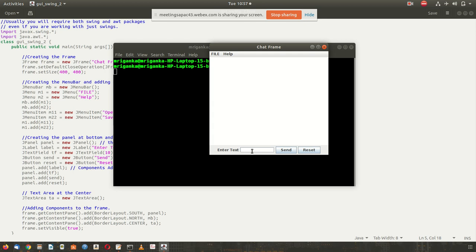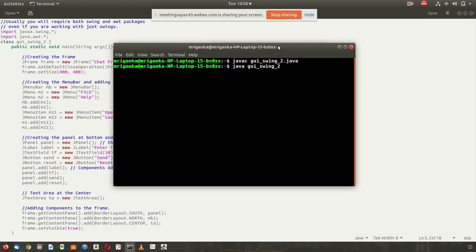because if you have to send a message, you have to find out what is IP and this thing and that thing. So that is out of scope for the Java lab class. Yeah, but this is how the layout looks. So here there are few extra things. Firstly, there is a label. This enter text, this is a label enter text.